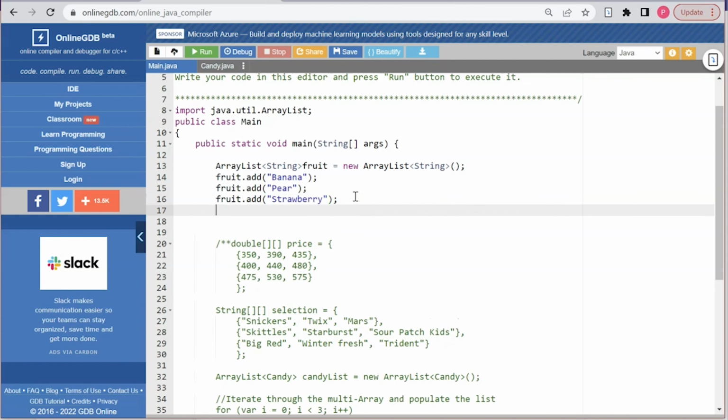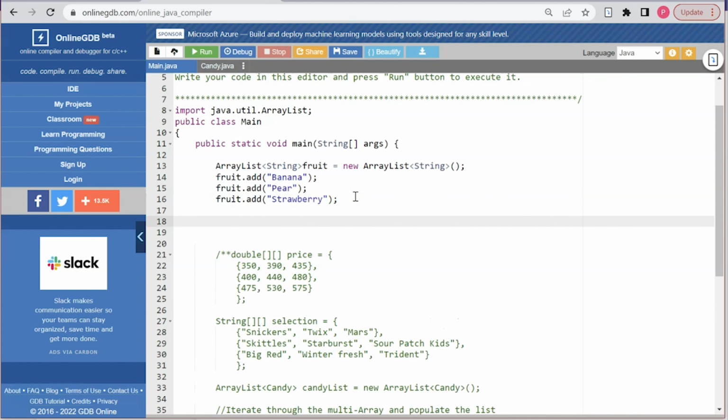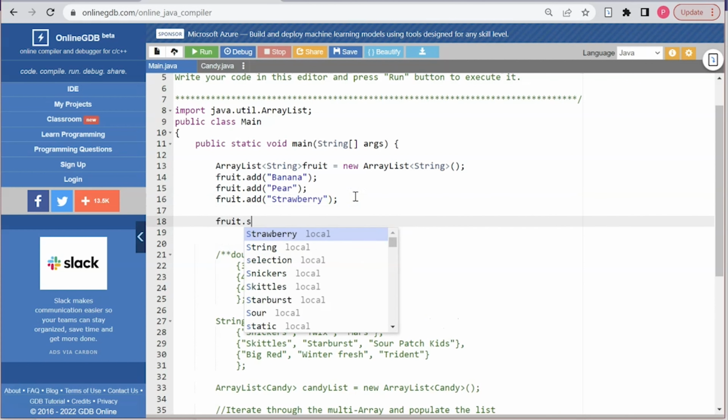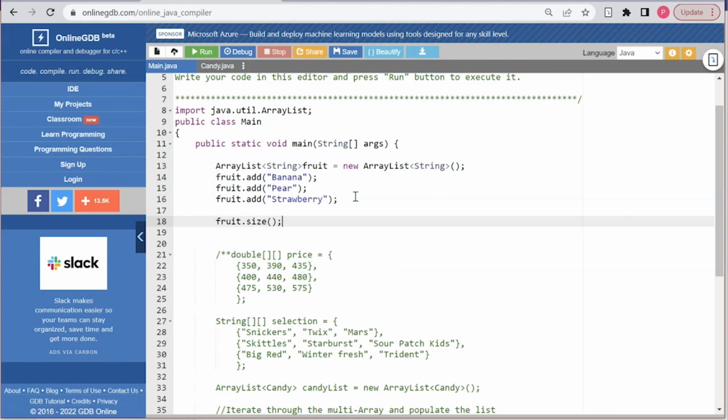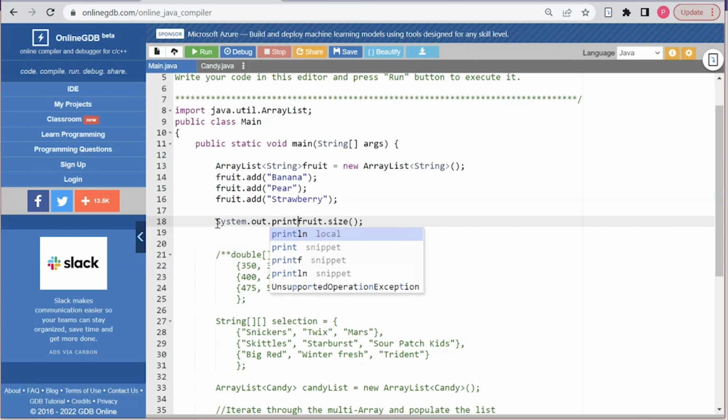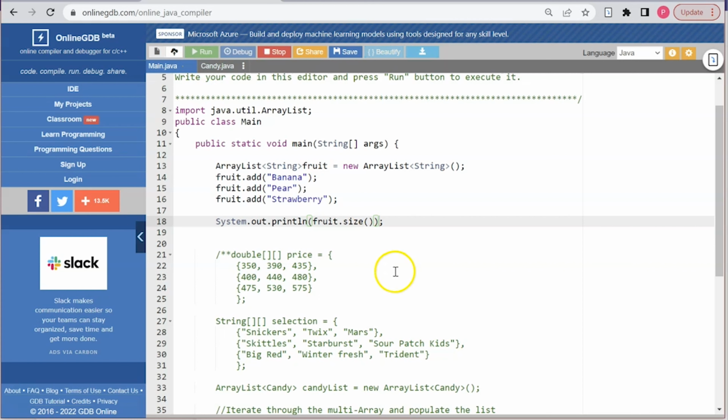So right now, I could check to see how many items are on my list. I could say fruit.size, and if I were to print this out to the console, I say System.out.println, and this is where I output this to the console. It should give me the total number of items on my list. So if I run this here,